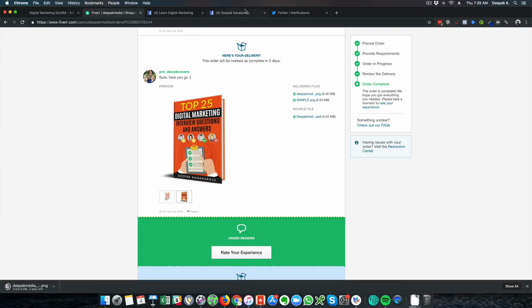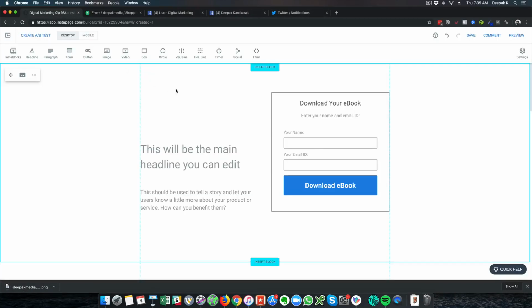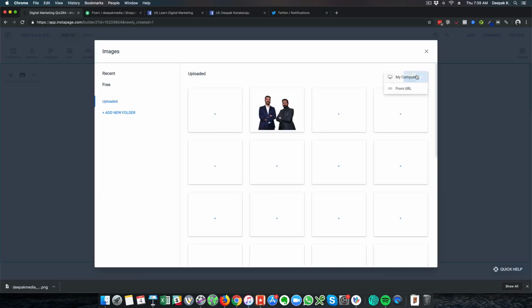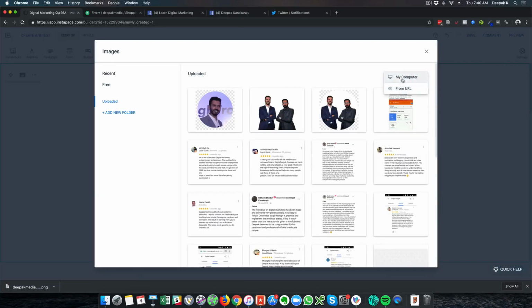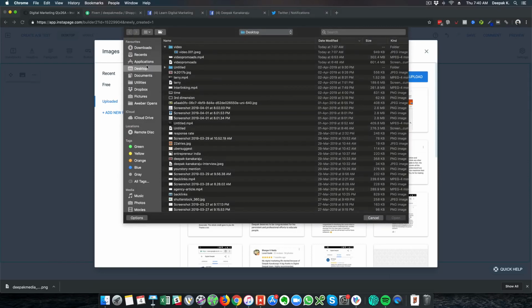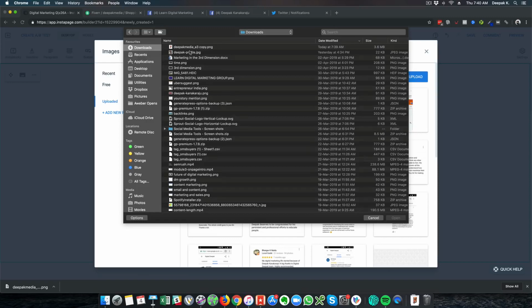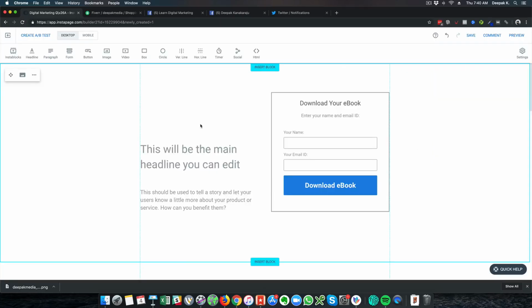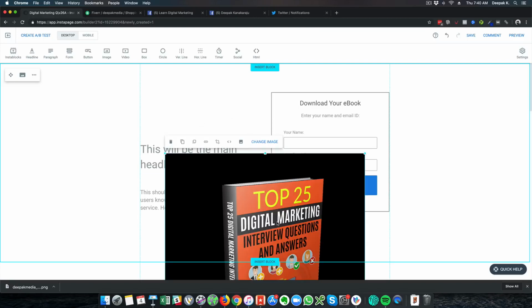So here you can see this is the file, and what I have to do is go ahead and upload an image here. So first I will select an image and click on upload. I will say from my computer, and if I go into downloads, I will be able to select this particular PNG image which we are going to use. Once it is uploaded, it's going to stay in the library of Instapage,